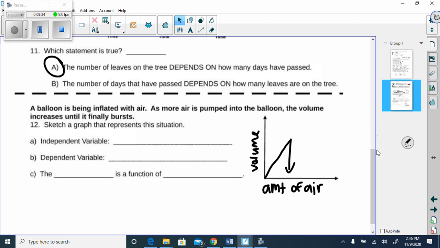Okay, good question. All right, so our independent variable, we said independent is x. What did we say x was? Good. Which means my dependent is, so the blank is a function of volume first. So volume is a function of amount, oops,